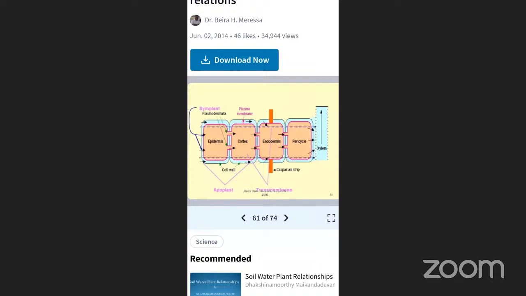So as the water evaporates into the intercellular space or atmosphere, tension develops in the continuous streams of water in the apoplast. Hence, there is mass flow of the water due to the adhesive and cohesive properties of the water. Depending on these adhesive and cohesive